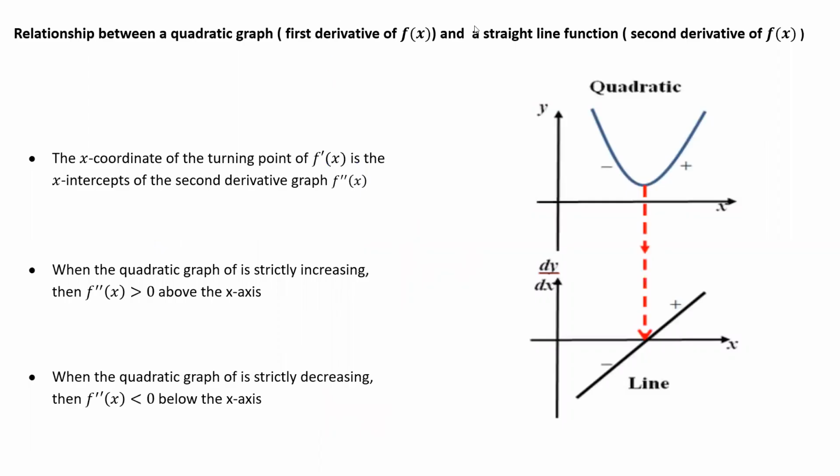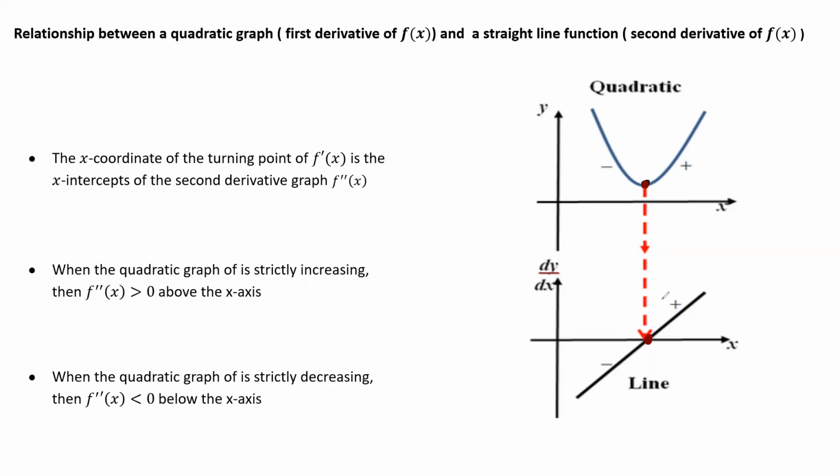Now, when you have dealt with the cubic and the quadratic, let's try and deal with the quadratic and the straight line, the second derivative and the first derivative. Now, notice, in the quadratic graph, the x-coordinate of its turning point in the quadratic, in the first derivative, is going to be the x-coordinate of the x-intercept of the straight line. So the x-coordinate of the quadratic is the x-intercept